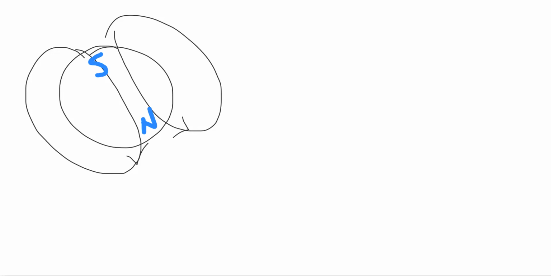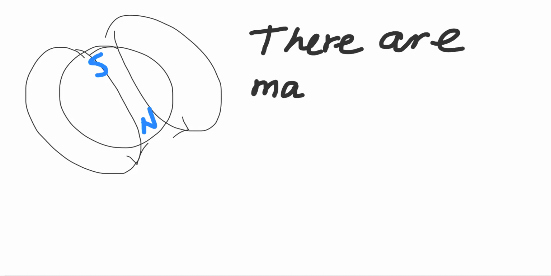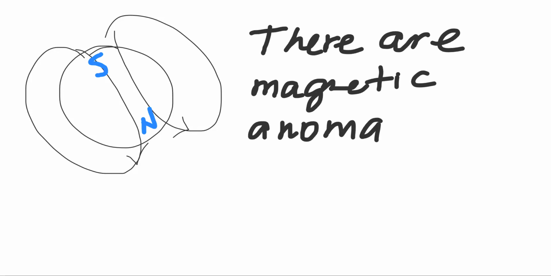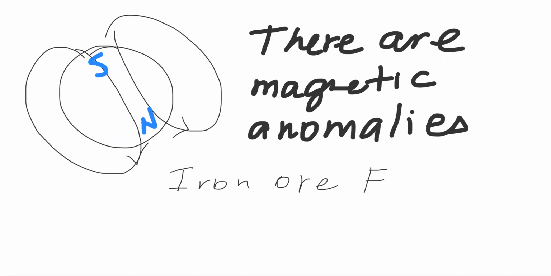So I'm gonna actually write down: there are magnetic anomalies. So what are magnetic anomalies? We have places where there are rich deposits of iron ore. So iron ore, and specifically this configuration, is ferromagnetic. And what happens is that these deposits